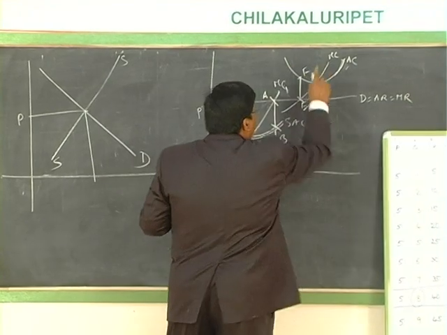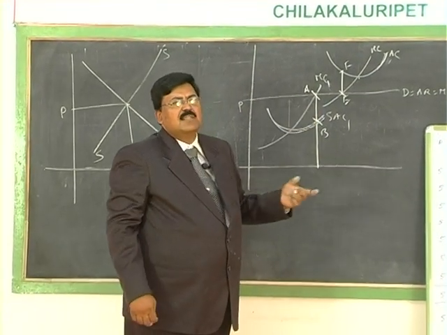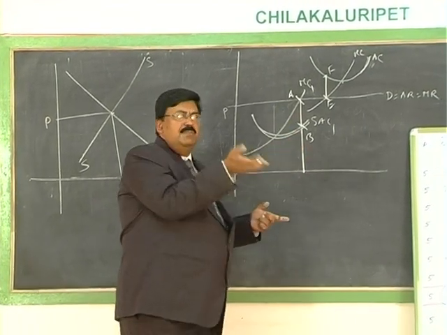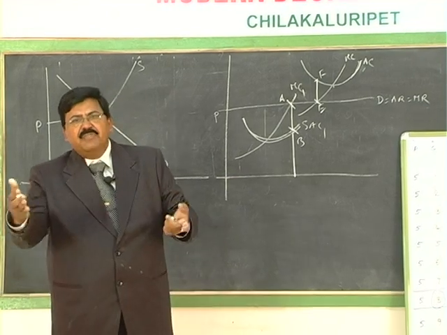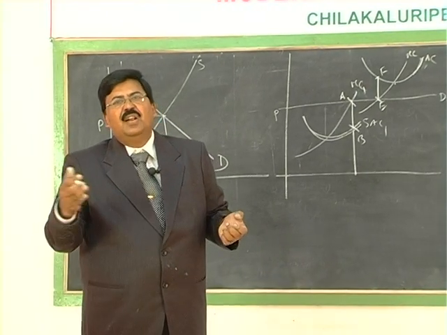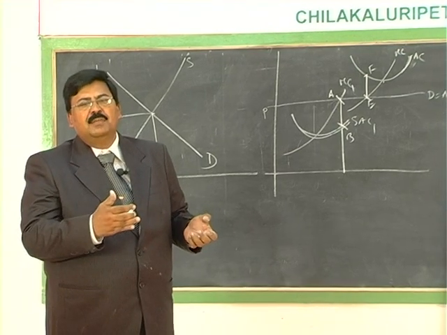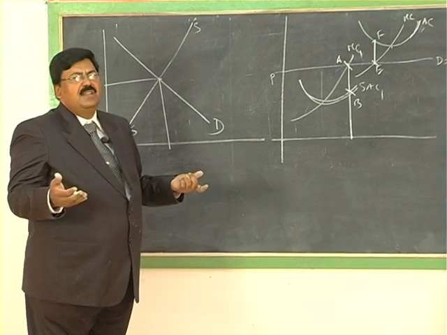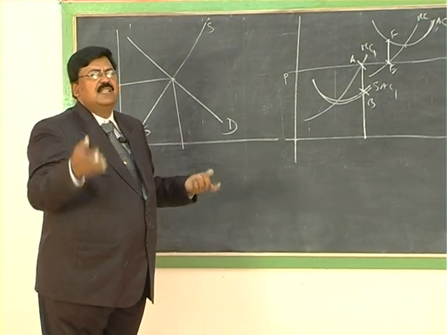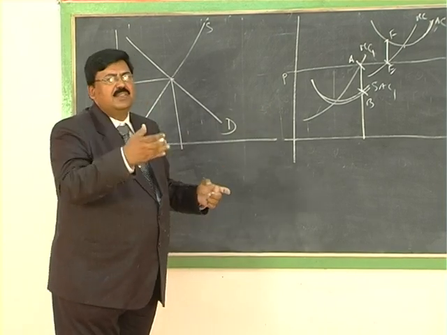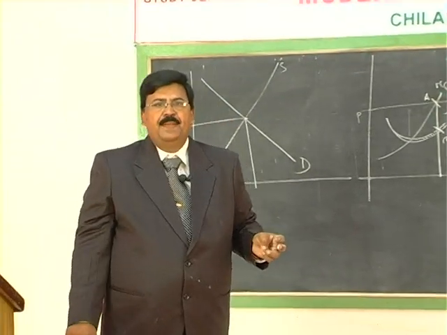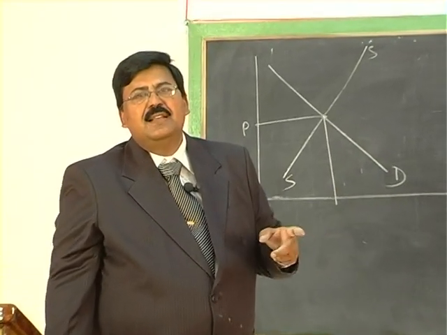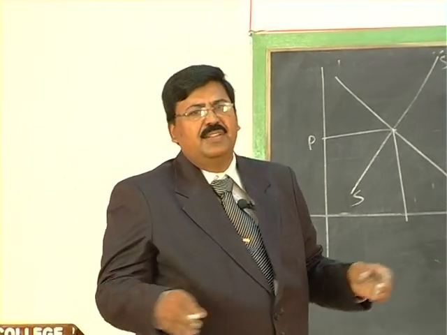And in the second situation, this particular firm is incurring loss because of its cost conditions, and some of these firms and some similar firms having similar cost conditions may quit the industry. So what happens? The production will come down, price will come down, and the industry will not be in stability. There will not be any stability in the industry. There is a possibility of entry of new firms and exit of some of the existing firms. So the firm may be temporarily in equilibrium in the short run, but the industry is not stable and there is no equilibrium for the industry here.